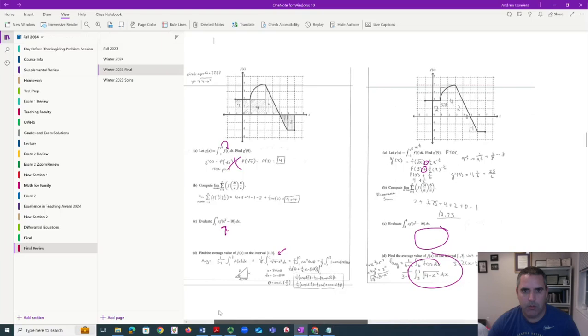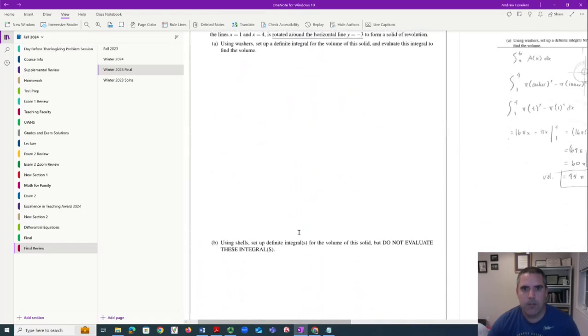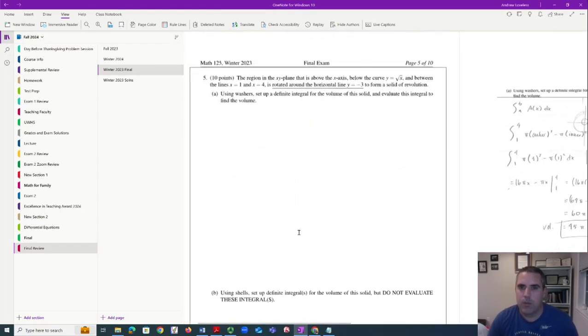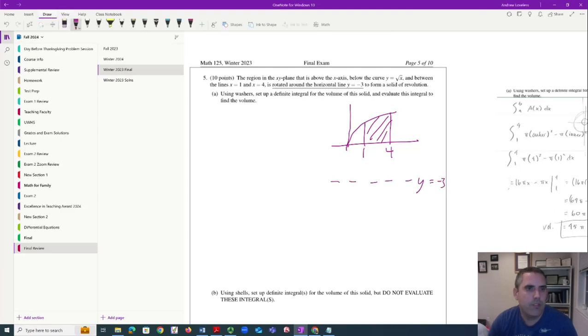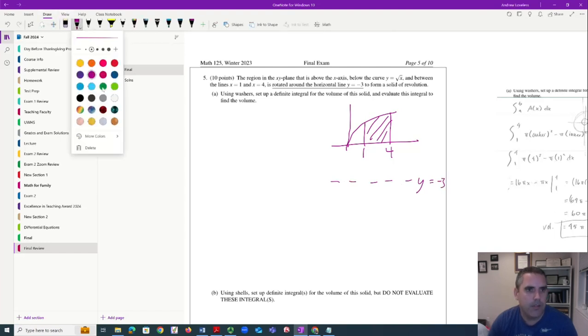Okay, let's keep going. The region in the xy plane that is above the x-axis and below this line. So I'm going to start drawing because they gave me enough information. Below this curve, in between x equals 1 and x equals 4. So the moment I see this, I would like to use x. It is rotated around the line y equals -3. So a recap of the thinking